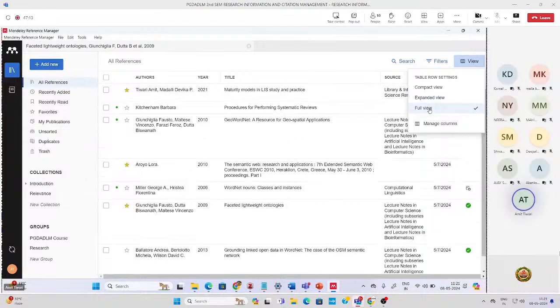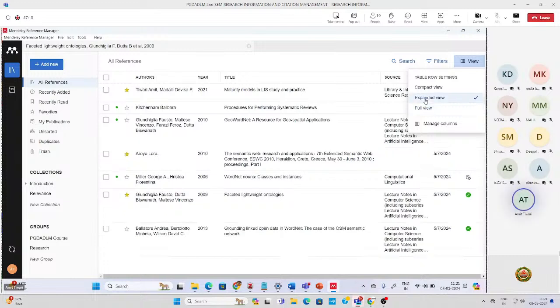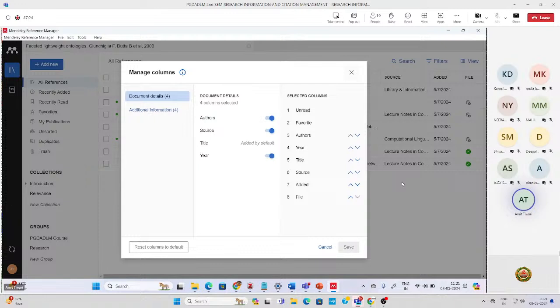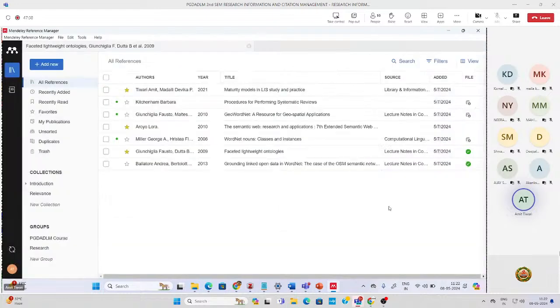Then full view, all the data and all the components will be visible. And for working purposes, I believe this compact view is the best one. In addition to that, you can manage the columns as well, that is, how many columns should be visible. One title column is there by default, and for the others you can select whether you want them or not. Now I would show you